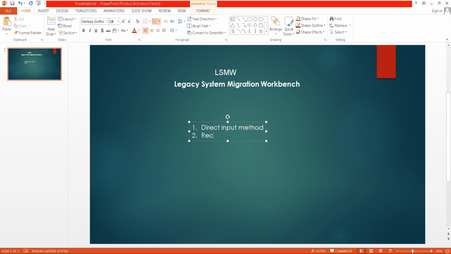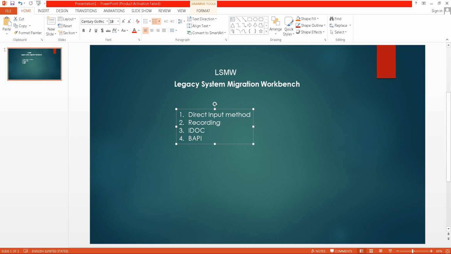Number 2, recording. Number 3, IDOC. Number 4, BAPI. These are the four types by which we can transfer the data from the legacy system to the SAP system.